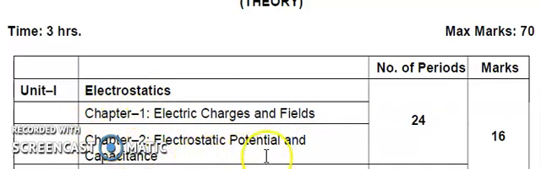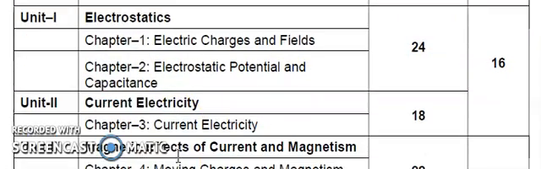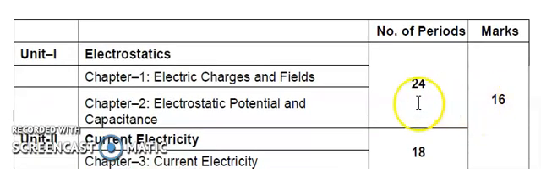Okay. Here only we will study about Coulomb's law and the field which is produced by the charge, and the potential stored when we bring the charge from infinity to the given point, or from one point to another point. And you can see over here there are 16 marks weightage for unit 1, and the next unit, that is unit 2. Okay. The unit 2 is all about the moving charge, current electricity.